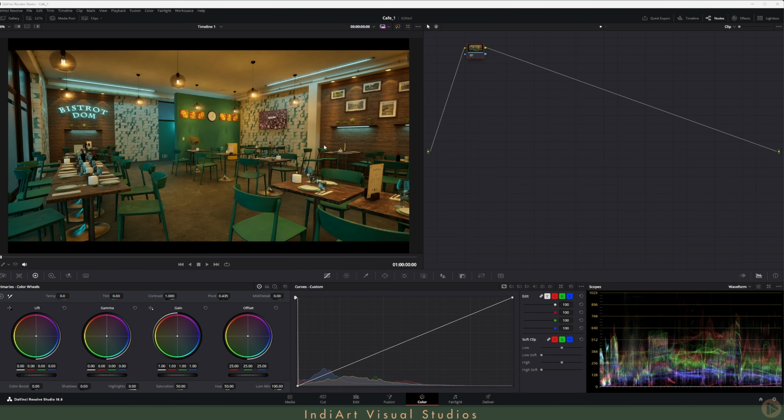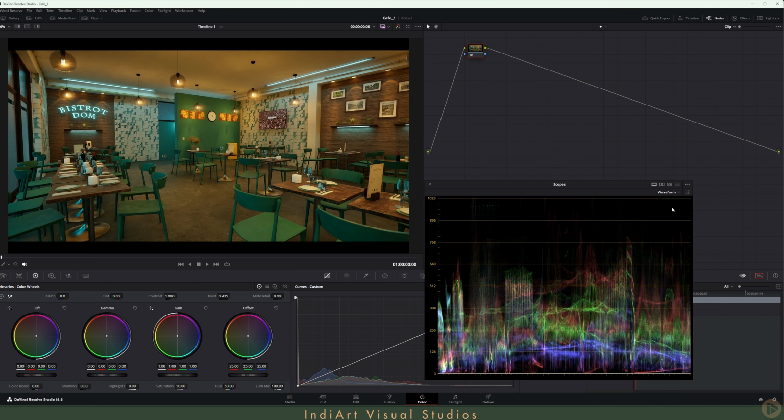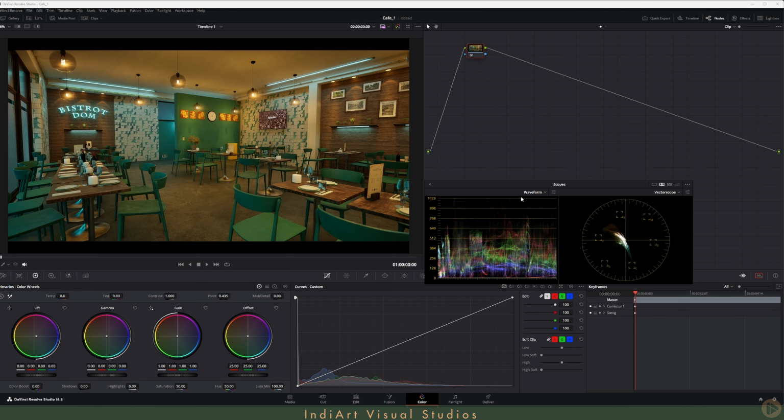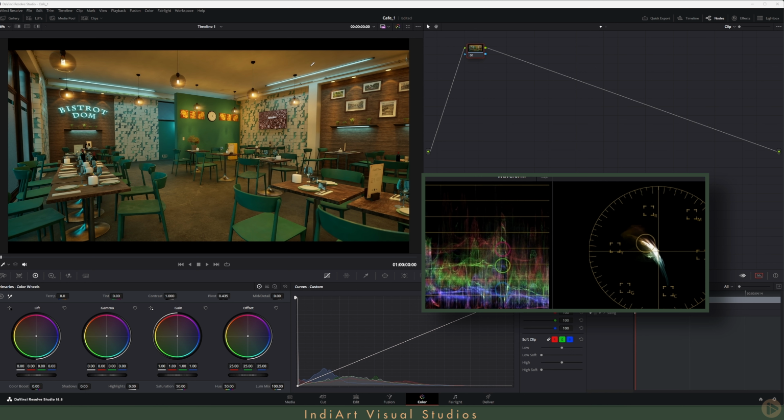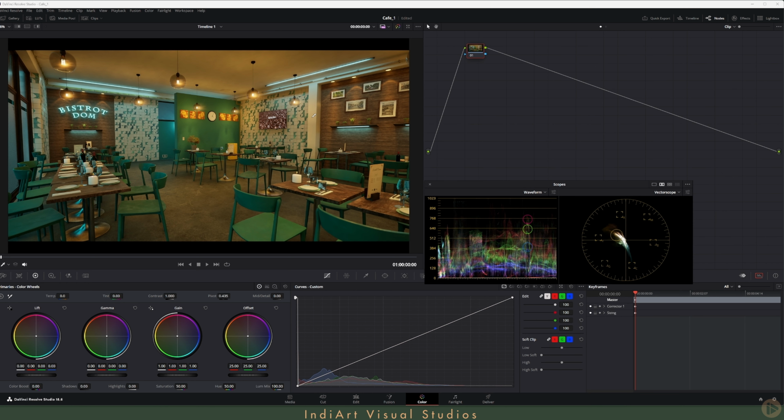So let's start with color correction of our scene. Before we start, let me open up my scope, change it to scope side by side, and I will open up waveform and vector scope in here. Then click on here, select qualifier, and click on here and select display qualifier focus. With this setting, whenever you hover over any of your scene color, it will show up the color calibration in your scopes. So right now we can see we have so much of yellow and orange cast all over our